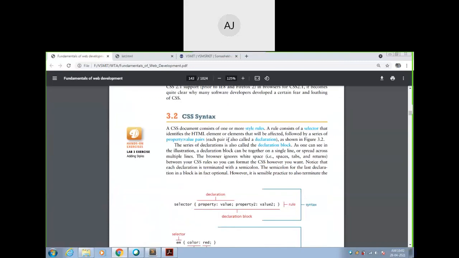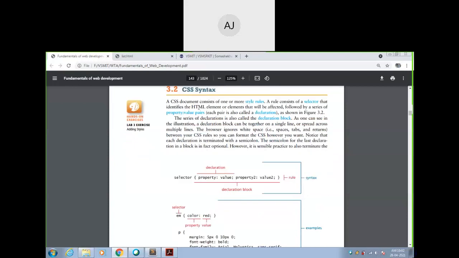Okay. Next, very important, CSS syntax. So guys, already you have seen the HTML syntax. There is a similarity between CSS and HTML. If you understood the syntax, it is very easy to create programs in CSS also. So here, a CSS document consists of one or more style rules. Whatever syntax we are writing there, they are called style rules. Please remember this, style rule means the rule in which we are using this. So the concept of selectors will come. There are 6 types of selectors. Which type will it be supporting?